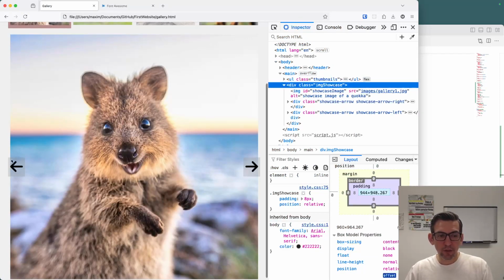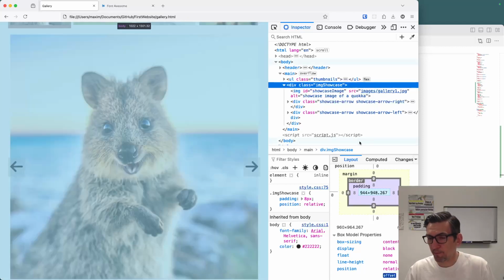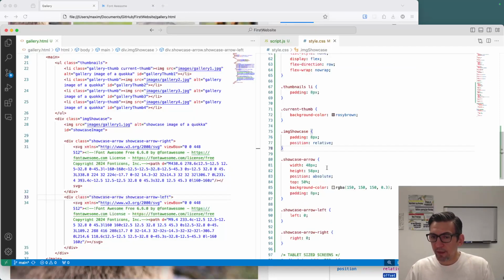Here we go. So they're a little bit tacked out simply because we have a padding around the showcase image, right? So we need to fix this, and we can fix it by adding some margins, right? So margins can be helpful, right? So first